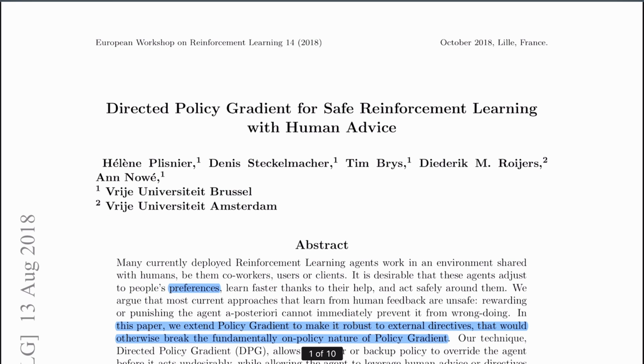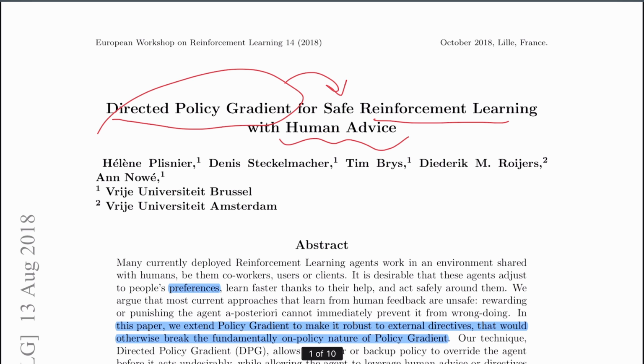Now let's look at the title itself and break it down to understand what this paper is hopefully trying to achieve. First of all, it says directed policy gradient, so definitely it would have something to do with policy gradients. Policy gradient is a type of technique that you use to get a good policy in scenarios where you're using reinforcement learning. And one of the things that you want to do is perform something known as safe reinforcement learning using human advice. There are different components here, and we may not get all the components as we go along in this paper, but anyway, the bigger idea that this paper is trying to go for is,